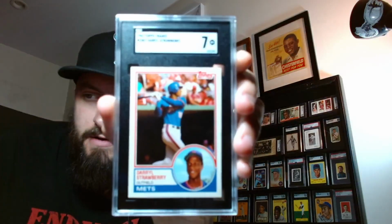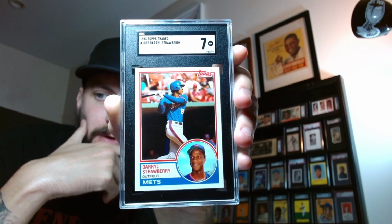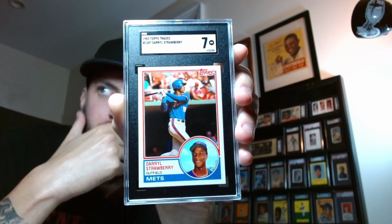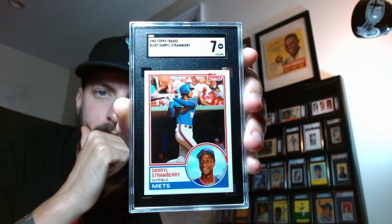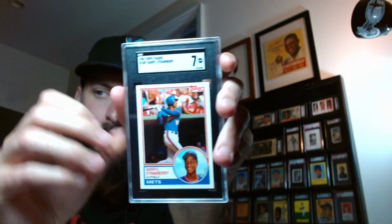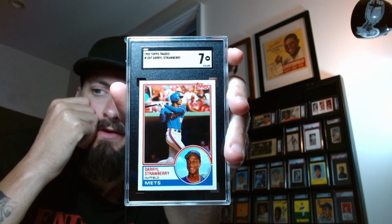The last one that I thought undergraded was the Darryl Strawberry Topps Traded rookie card. I knew going into it, grading an 80s card is always just a coin flip in my mind. It can either go really well or really poorly. When it comes to 80s cards, there's so many of them that are out there that it's very important to scour over these as carefully as possible, and I thought I did, but alas. Usually, for this card, you'd hope to get at least an 8 or a 9. A 10 seems impractical, but to expect it, because it's so difficult to get a 10,